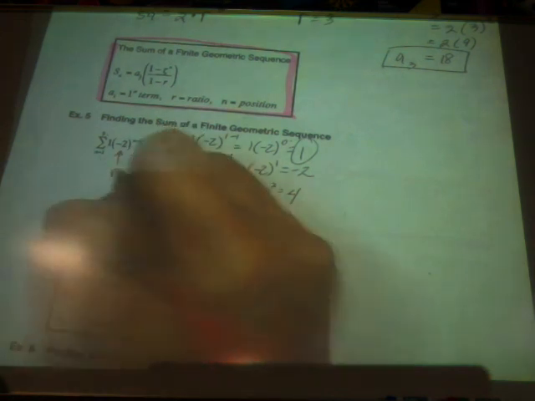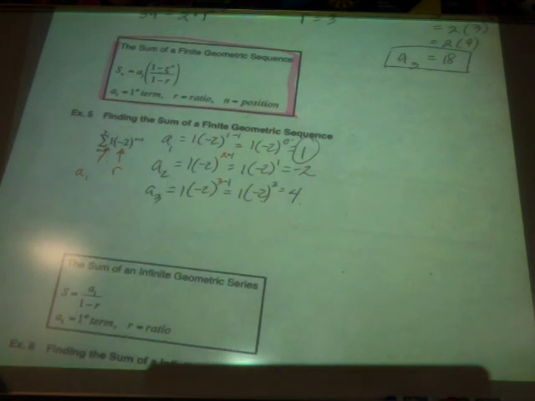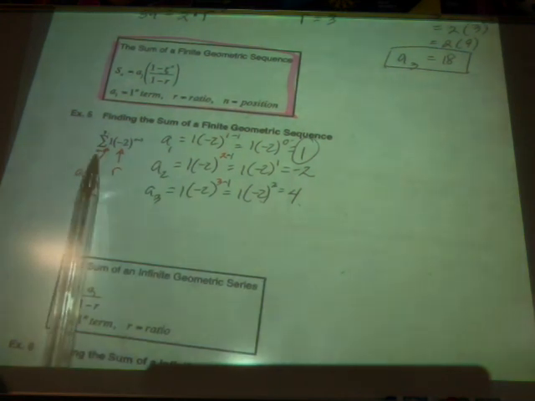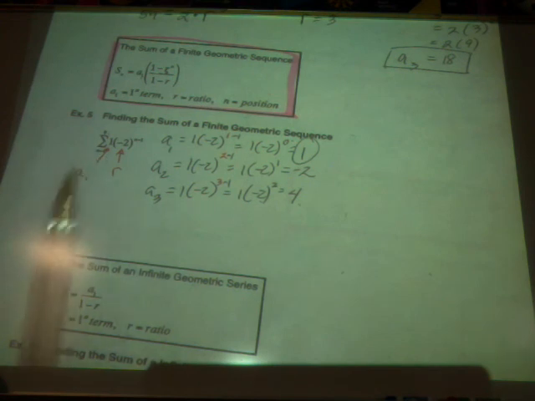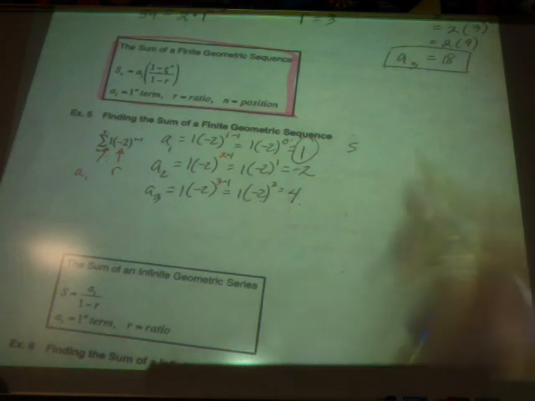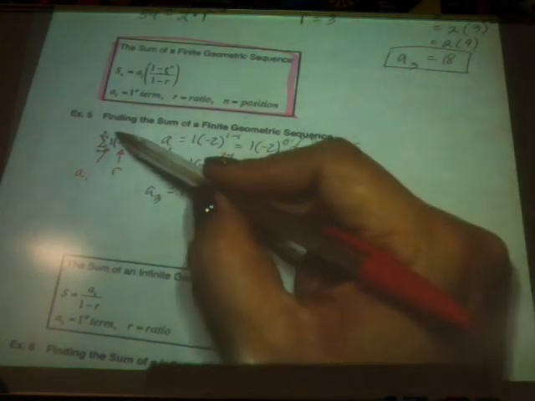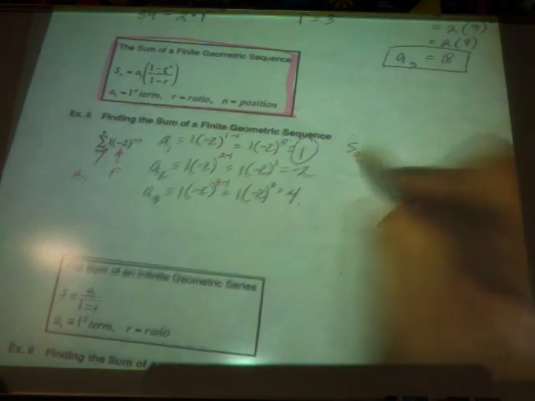This, and you might want to write yourself a note, is usually r, and this is usually a sub 1. I say usually because if n is not equal to 1, well, if we get into that, we'll talk about it. I'm not going to muddle your brain with it yet. But assume that that's correct. So let's go ahead and run through the sum of how many terms. What's n? Because 9 is our higher bound, right? So the sum of 9 terms